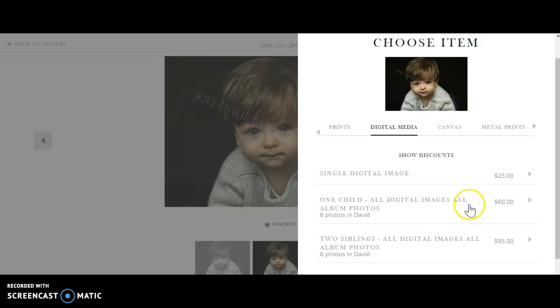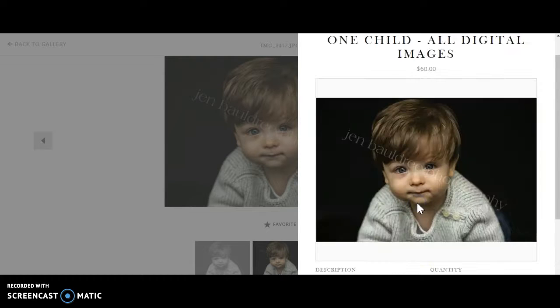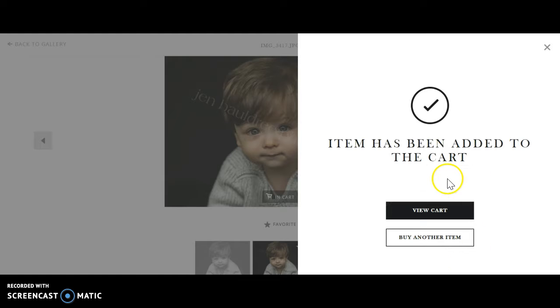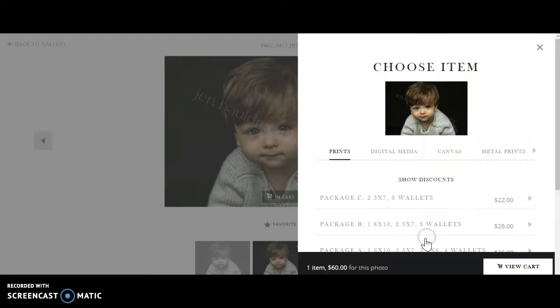If you wanted all of the images just for David, then you would click here, One Child, All Digital Images, and it will be an immediate download. So after you check out and pay for your order, you'll within just a few minutes receive an email with a link to download the pictures, and it's really easy. It does have to be on a computer. The software has limitations where it will not let you download the original to your phone, so make sure you're at your computer. You'll add it to your cart, and here we're going to go back, buy another item,